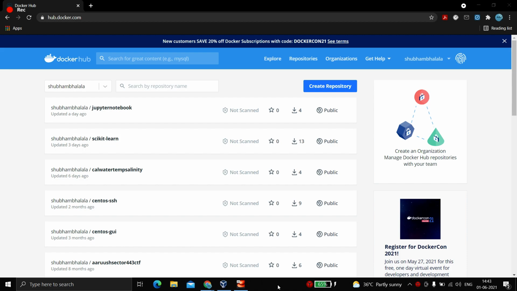In this video we'll be doing a fun activity, or we can say a tweak, with Docker, and we will see how you can launch GUI applications inside the Docker container. We have seen that while we launch Docker containers, we get the CLI version, the command line interface of the OS. We don't get a GUI form. So how can we launch a GUI application, let's say like Firefox, or in this video, Jupyter Notebook.